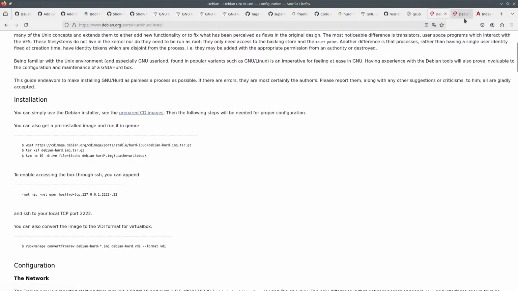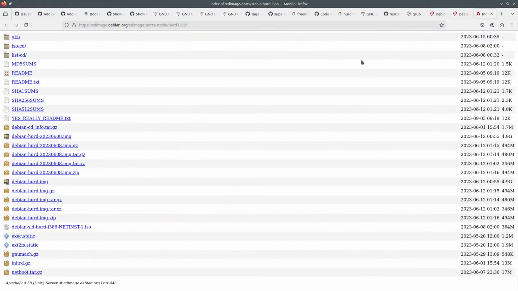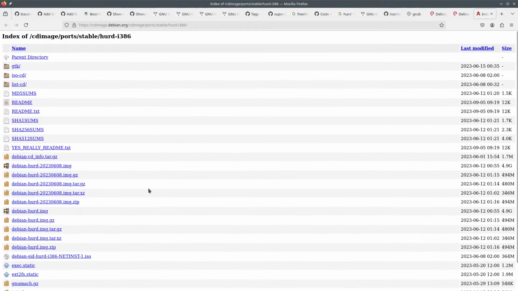I want to install a good ISO so that we know what we are up to, because otherwise the image might be, wait a minute. So this would be netinst. Oh my god. Do I actually need ISO CD?